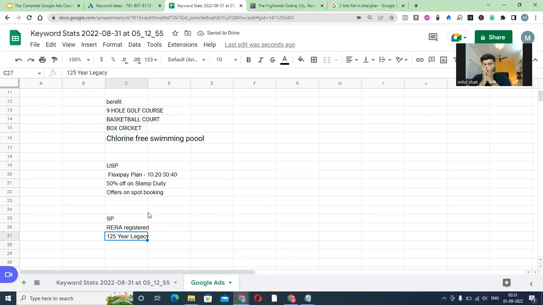Now, why is this a USP? Because, why is this a social proof? Is because when I know Godrej is someone who's doing this for the past 125 years, I know A, they are going to be good at their job. I know B, they will be completing the project. One of the worries that I would have as a potential person trying to buy a product, like real estate, is that what if the project doesn't get completed on time? But when it is Godrej with such a strong legacy, it's going to complete. So you have to find out